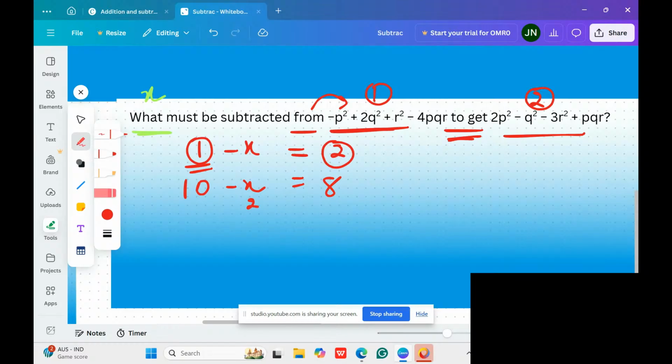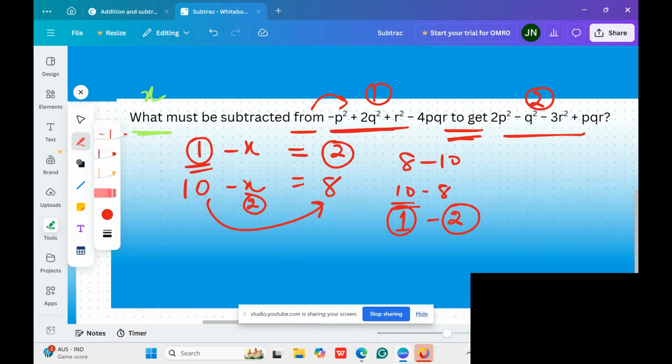डज इट फील इजी, व्हाट्स द आंसर, 2 आ जाएगा, इजंट इट। पर अब ये 2 10 और 8 में से कैसे आया, should I do 8 minus 10 or 10 minus 8? 10 कौन सा टर्म है, पहला टर्म है या सेकंड एक्सप्रेशन है, so 10 is first expression, right, minus 8 is second expression, so it is 1 minus 2। Subtraction के केस में it will be little different, okay, so go with the language, what must be subtracted from this, so from वाला मैंने पहले लिखा है minus x, so x should be subtracted from 1 to get second expression, okay, so I can say x must be subtracted from 10 to get 8, या फिर 2 must be subtracted from 10 to get 8।